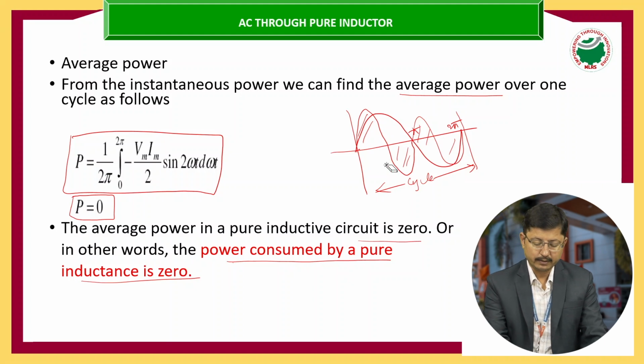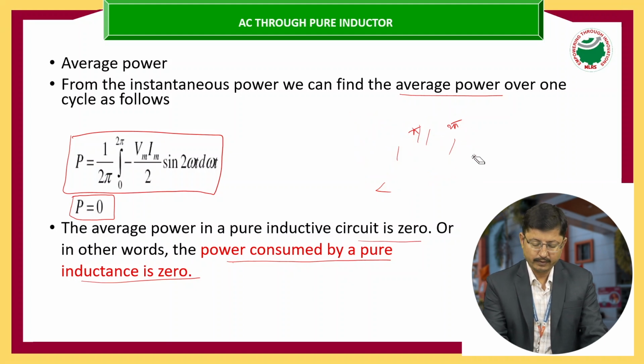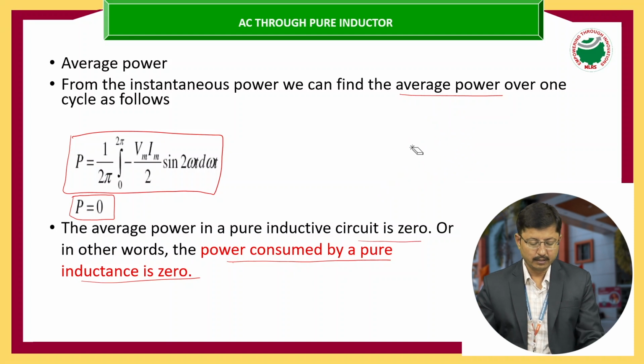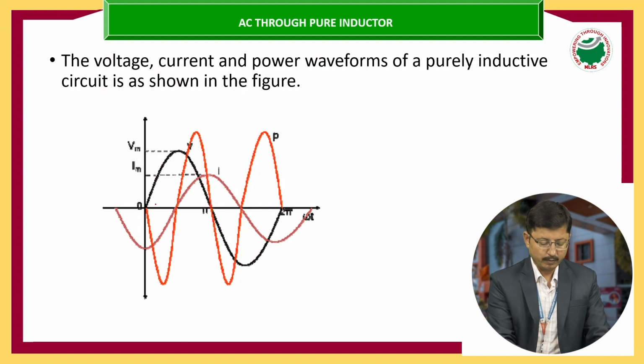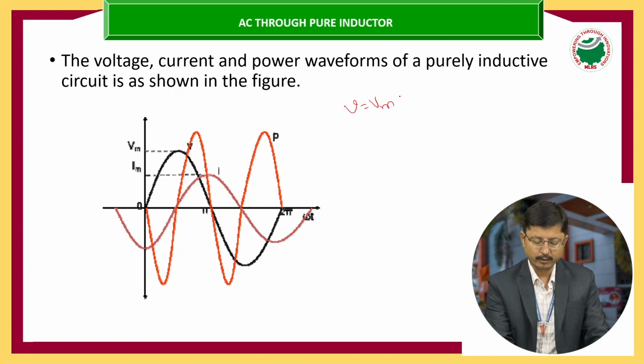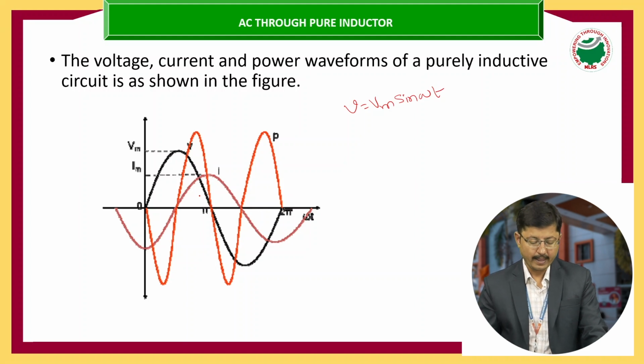Okay, so now we'll see the voltage, current and power waveforms for pure inductive circuits. The black color indicates the voltage, that is V equals Vm sin omega t. It starts at 0 degrees, and